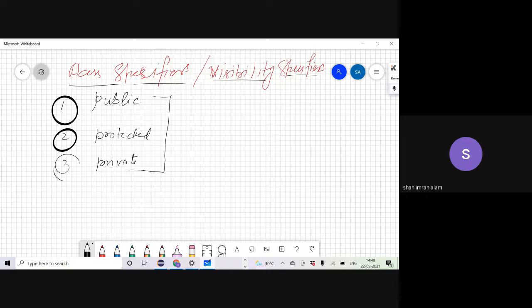As the name indicates, access means what you can access. Or if I say visibility, then what is visible? Okay. And when I'm talking about the access or the visibility, I'm not talking about the access or the visibility of the user as such, but rather the part of the code. Okay. That will be clear very soon. Don't worry.